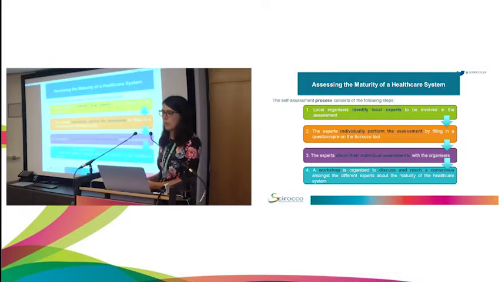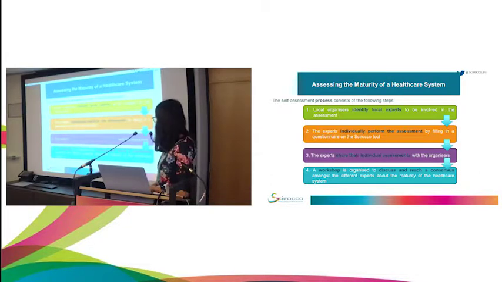First of all, we recommend following this process, consisting of 4 steps. In the first step, local organizers identify local experts to be involved in the assessment. Then the experts need to individually perform the assessment by using the tool. Then they share their individual assessments with the organizers. And finally, the organizers set up a workshop to discuss and reach consensus amongst the different experts about the maturity